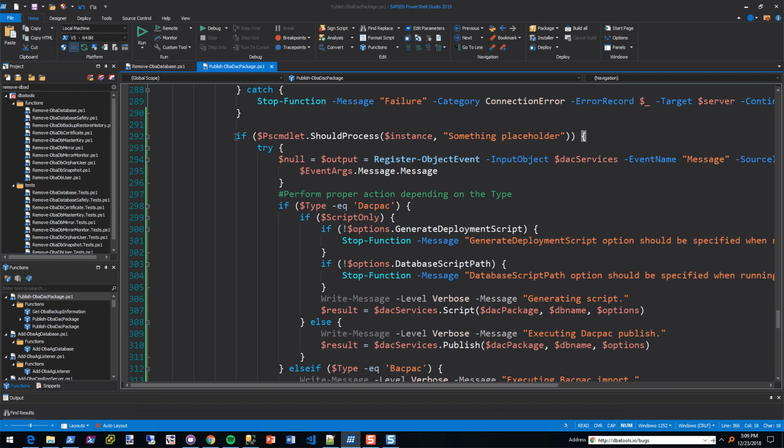This is actually a little bit more of an advanced function that we usually don't have, like registering objects and stuff like that. But what's interesting about ShouldProcess is that I believe it does write to verbose, so you don't need these write-level verbose anymore. So I usually take this as a cue to just copy and replace up there.